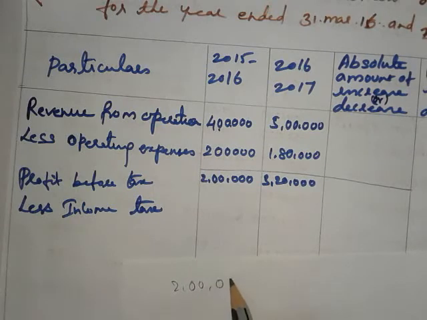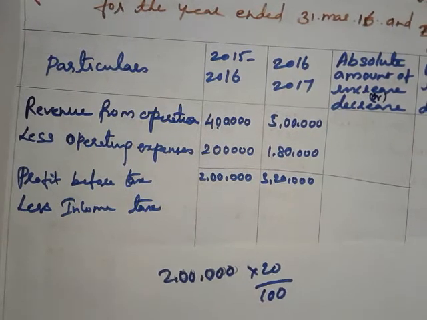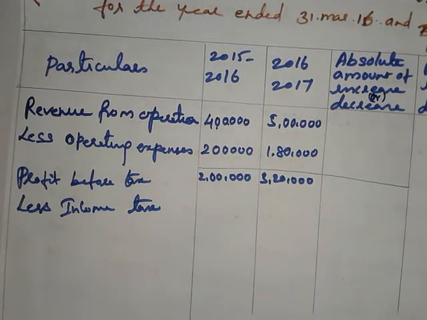So here, listen here, 2 lakhs into 20 by 100. This is a calculation. So you can get 40,000 like this. 2 twos are 4, and the remaining 4 zeros are there. So you get 40,000. The income tax for the first year is